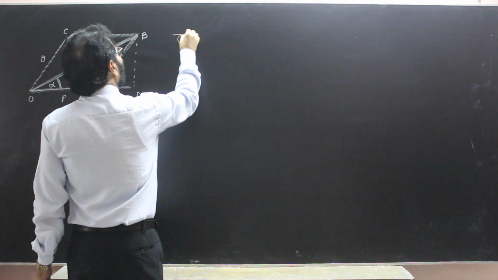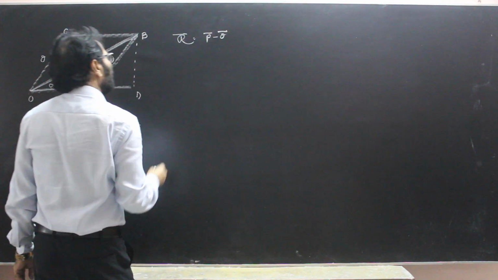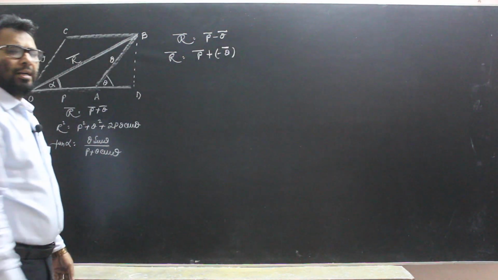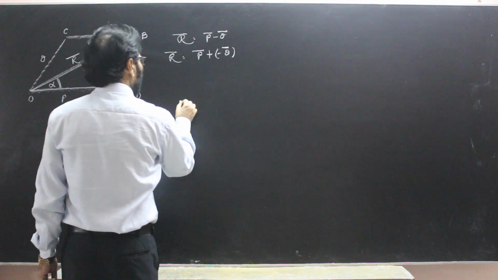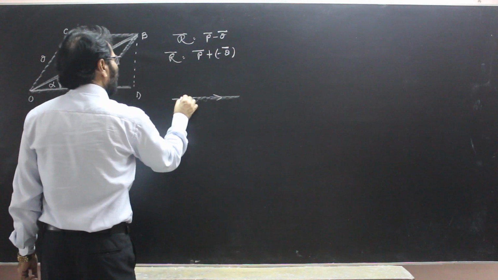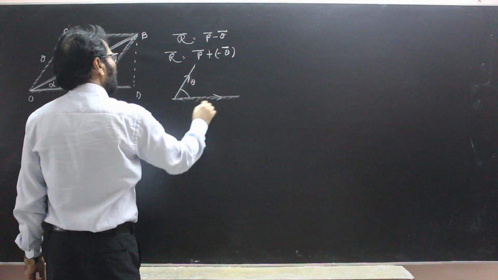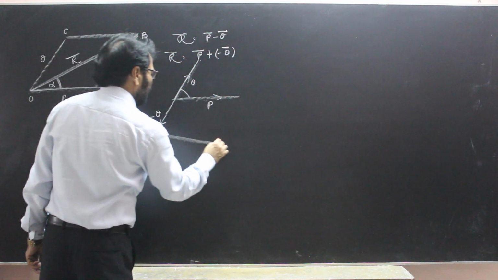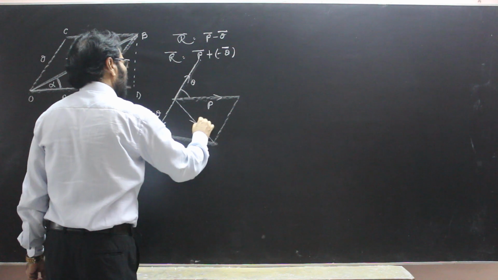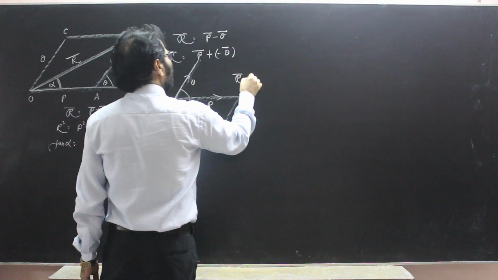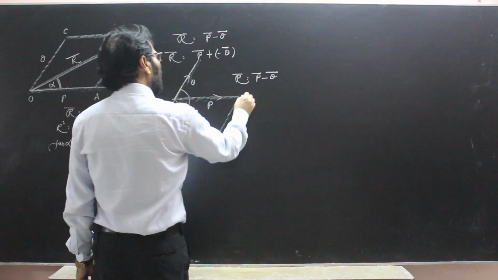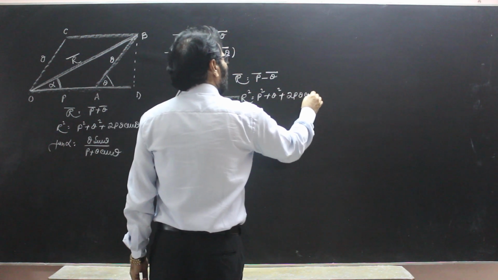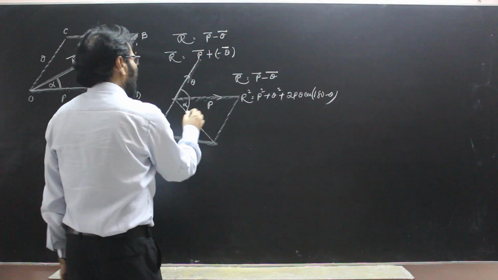If we are to calculate R is equal to P minus Q, basically this R is P plus minus Q. That means it is a resultant of P and minus Q. If this is P and this is Q and the angle between P and Q is theta, then this is minus Q, and this is R, and this R is P minus Q, and R square is P square plus Q square plus 2PQ cos 180 minus theta, and tan alpha is